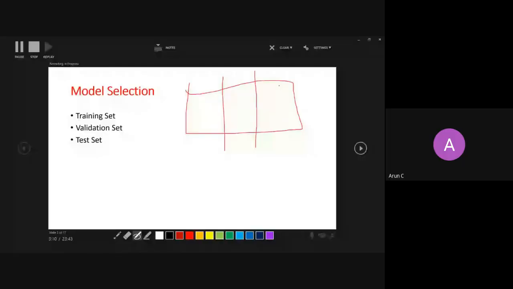So they just use the first for training. Then they compare it with that validation data set. And let's say out of 3 models, you found out that this second data set,